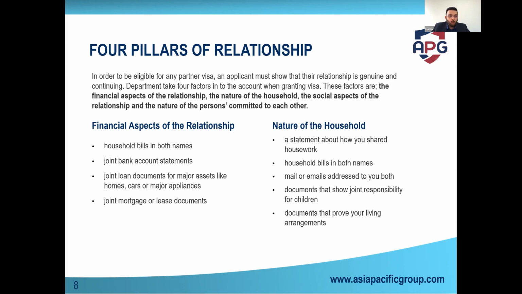For example, living together, one person is paying, let's say, the electricity bill, and the other can add their name to the electricity bill, or alternatively you can pay different things. One person can pay the gas, the other person can pay the electricity or the internet, right? Those things show that the commitment is there. The second thing is joint bank account statements. A joint bank account is one of the key documents because it shows how you are paying your bills and spending money, how you work as a couple, as a family unit. So that's also a very good piece of evidence.